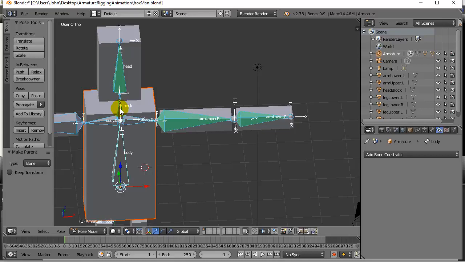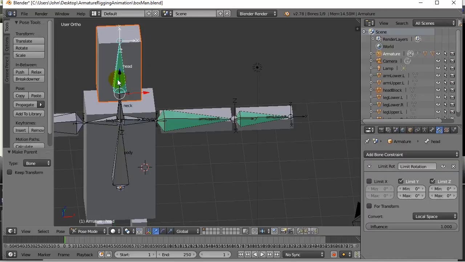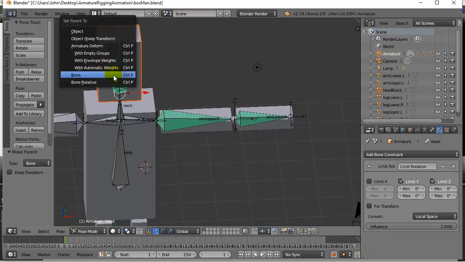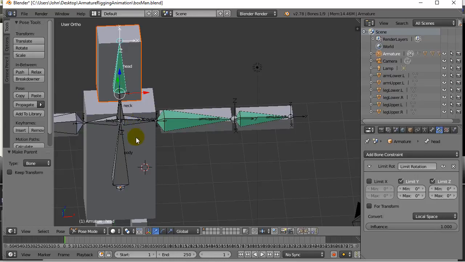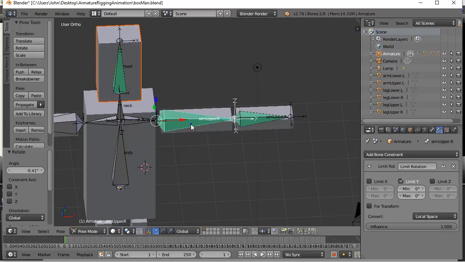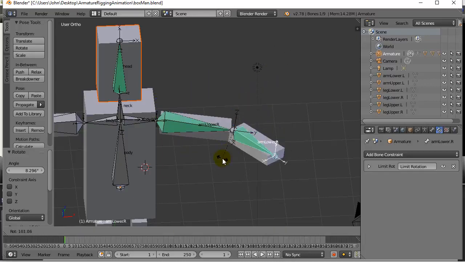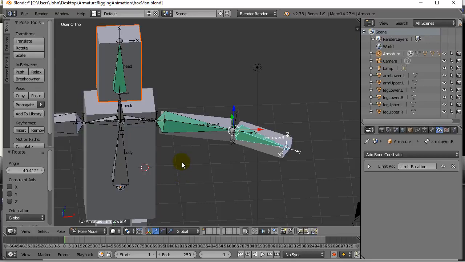This neck I won't attach to anything, but the head I'll attach to the box. So the head box, shift key, right click, Control P to the bone. So basically now when I hit rotate, there's the head. When I hit this bone and rotate, whatever angle you do it, it's attached. Pretty good. Once you do that for all the bones, right, that are necessary to attach to the model,